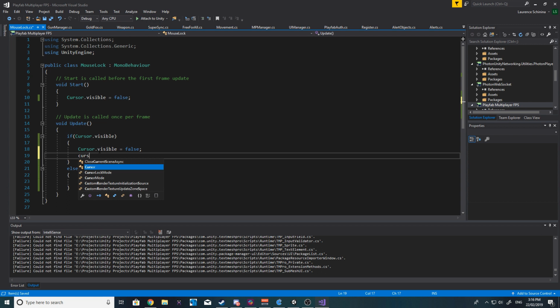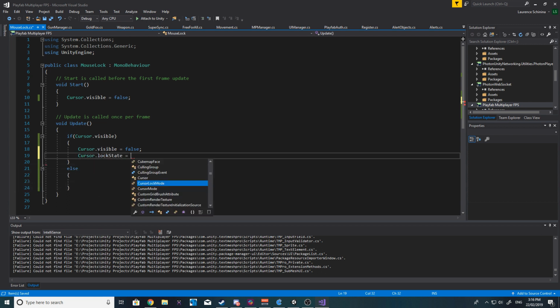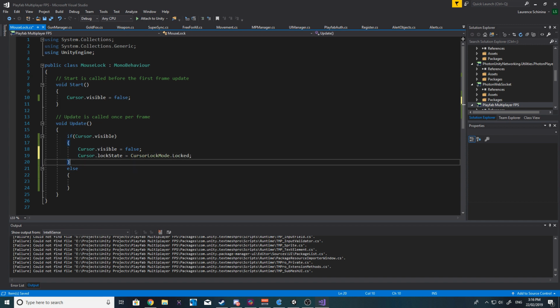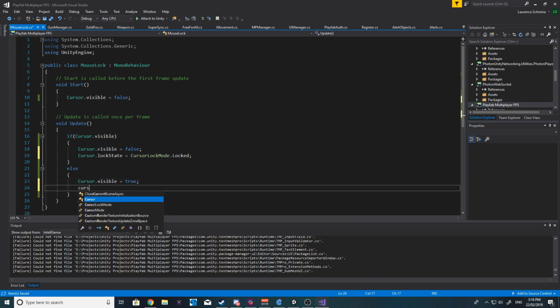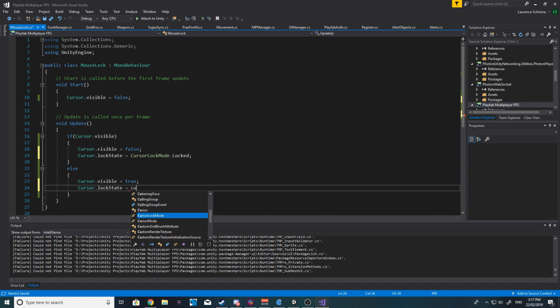Then we also want to say cursor dot lock state equals cursor lock mode dot locked. And then in the else, if it isn't visible, then we basically want to make it visible again. So cursor visible equal to true, and then cursor dot lock state equal to cursor lock mode dot none,